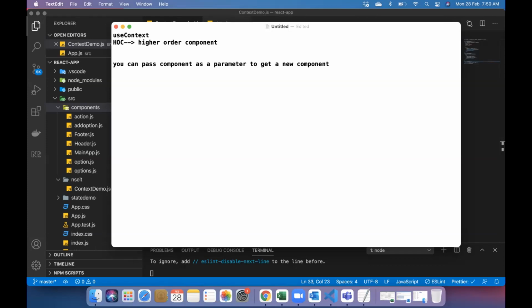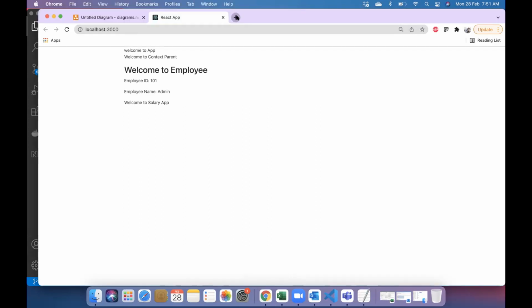So higher order components are very, very simple. In a higher order component, you enforce reusability. In order to achieve reusability, you talk about a concept like a higher order component in which you are passing the component as a parameter to get the new component. So if I just show you here,